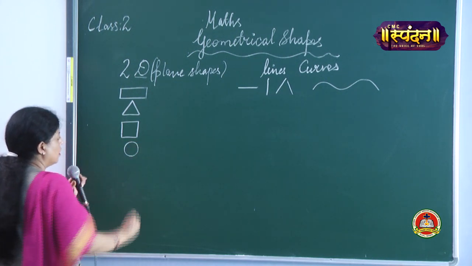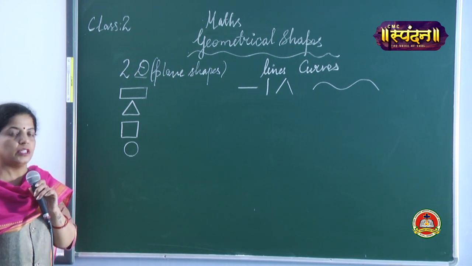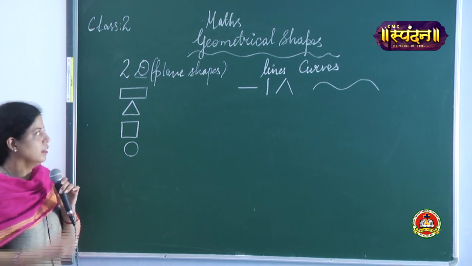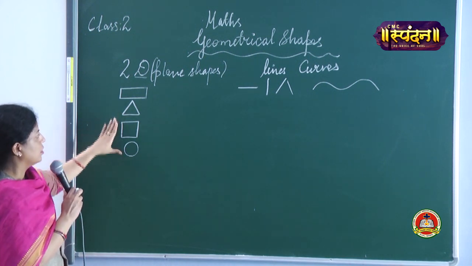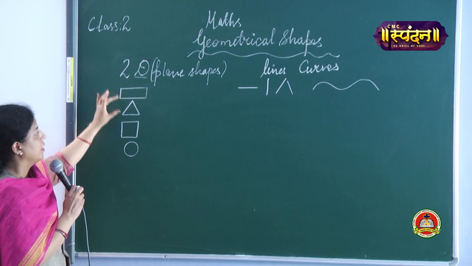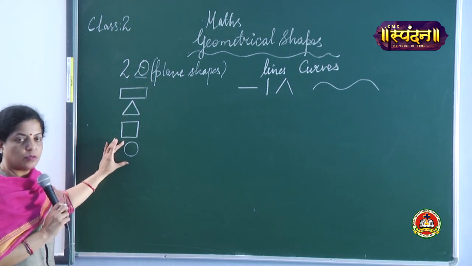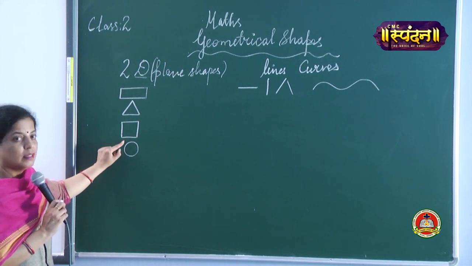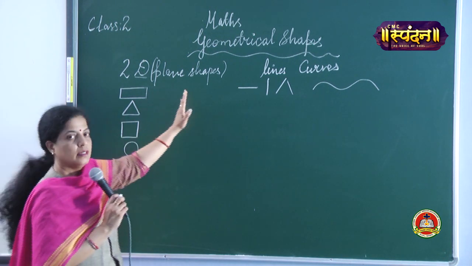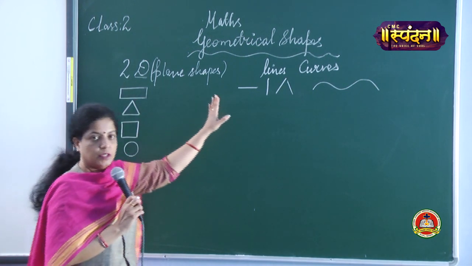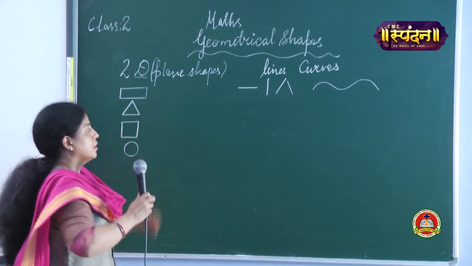circular shape, a shape which is round. Fine. So, as you can see, this shape is made up of lines, this shape is made up of lines, this shape is made up of lines, and this shape is made up of a curve but not lines. Now, we will study the two-dimensional, after two-dimensional shapes, we will study your three-dimensionals,